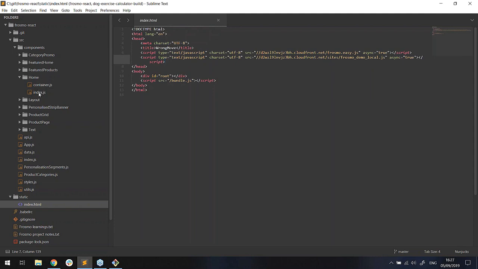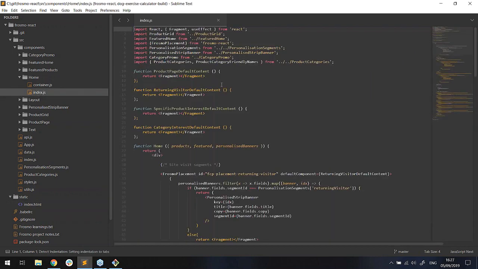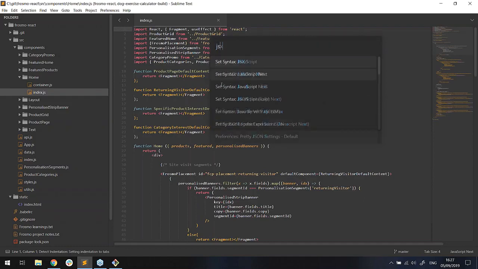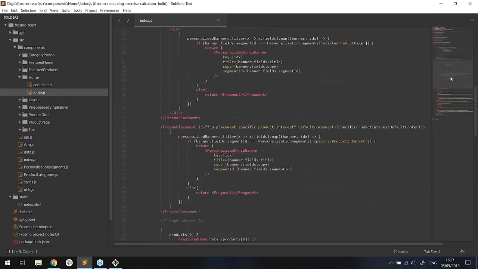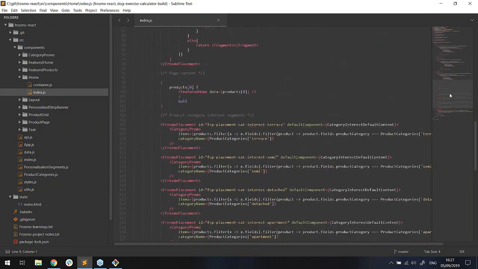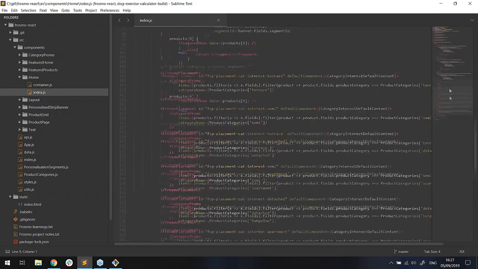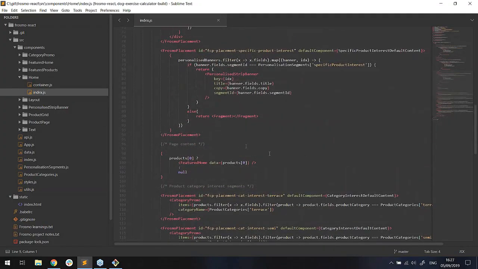And okay, so now I'm going to show you the home page view. Let me just get my syntax highlighting right here. Okay. So in here, this file, by the way, is just representing what you see on the home page. So most of this is Frosmo related, and here we go. This is the actual product listing stuff here. But anyway,